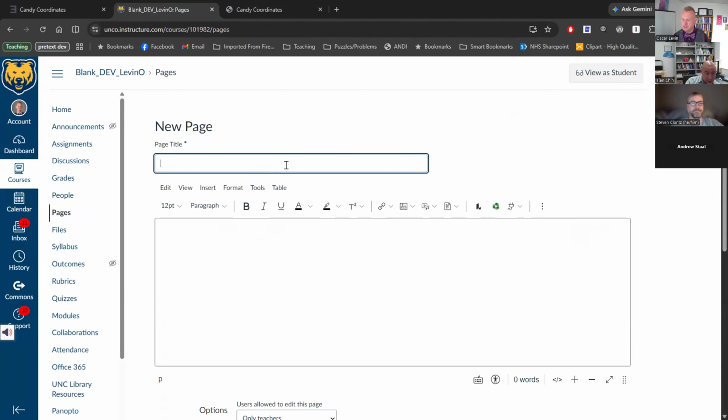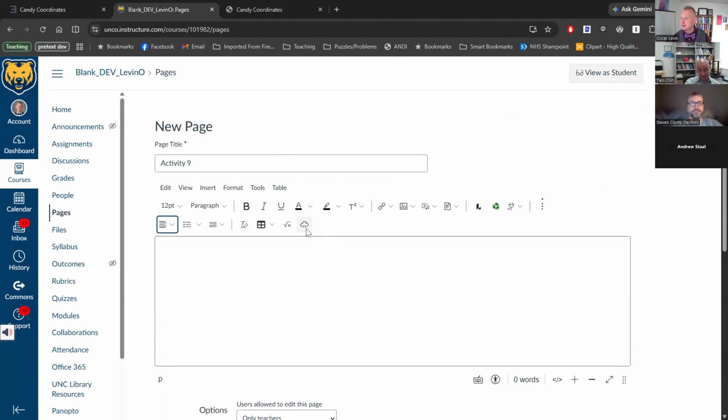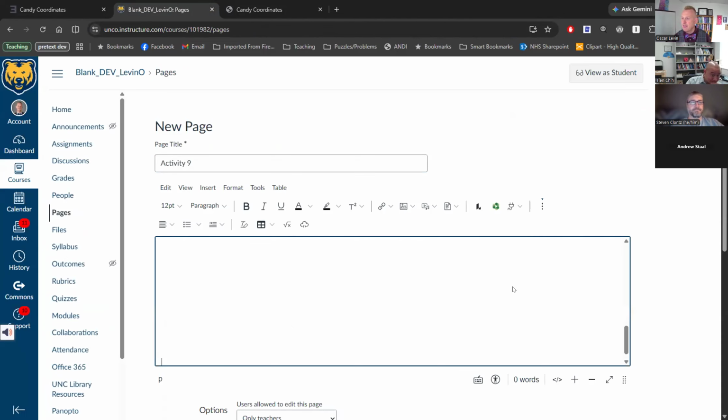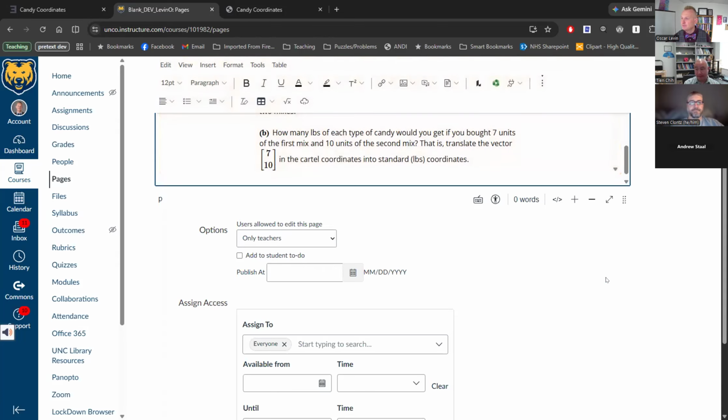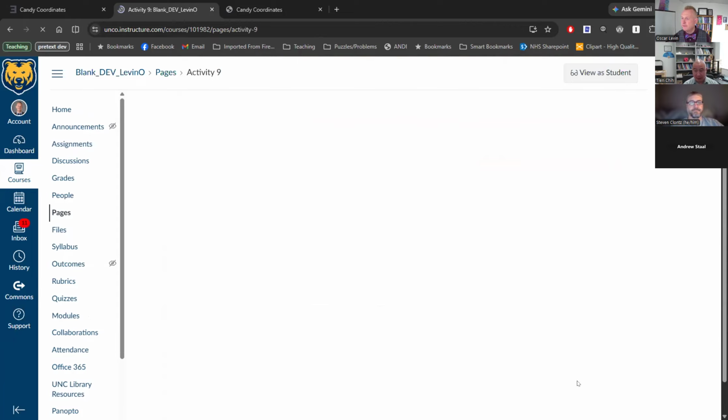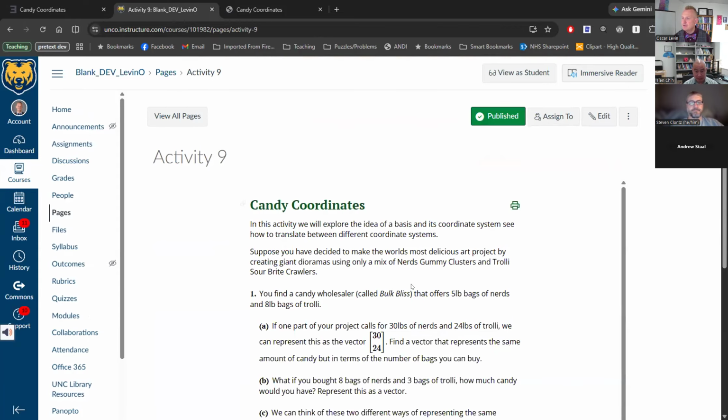Go to a Canvas shell. I would say this is activity 9, maybe. And then paste that embed code in that I got from my PreTeXt site. And if I save and publish it, I would now have that particular page of my PreTeXt course directly in